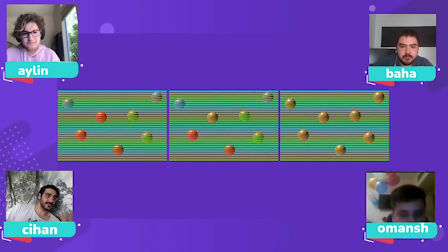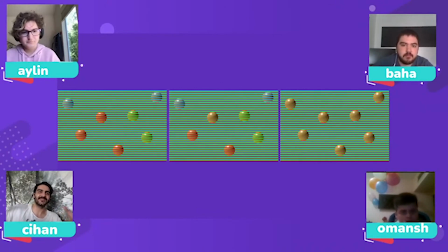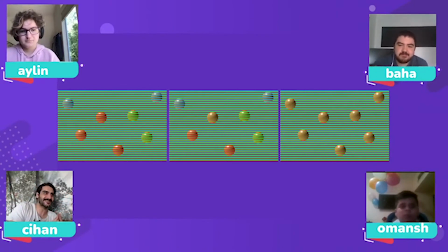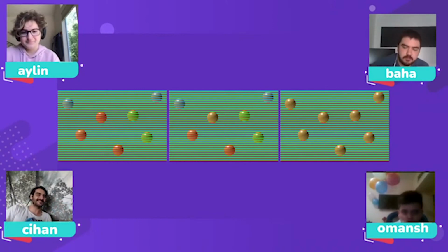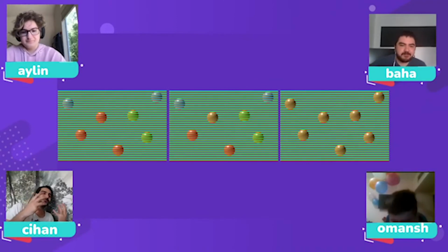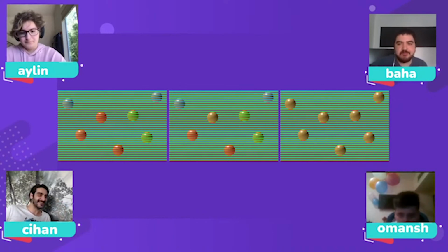Definitely. I saw three colors in this picture, but this reminded me of my childhood. Nowadays we are playing high resolution video games everywhere, and the view is amazing. But back then it wasn't like that. We were playing video games and they were building these screens. And Baha, maybe you can explain how people use this method, how they play with our eyes in video games. Yes, this technique of using the colors of what's around an object to alter how we see that particular object is something that's used in